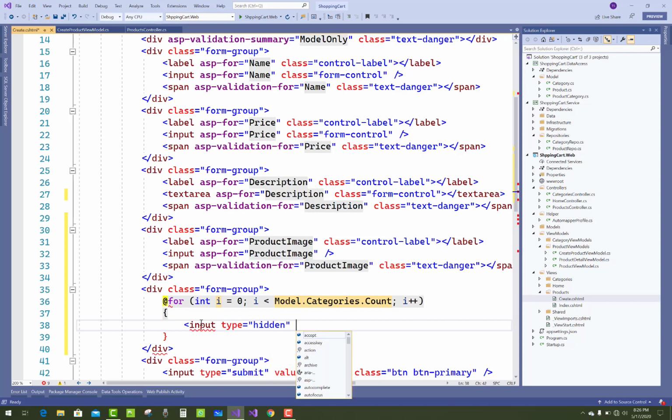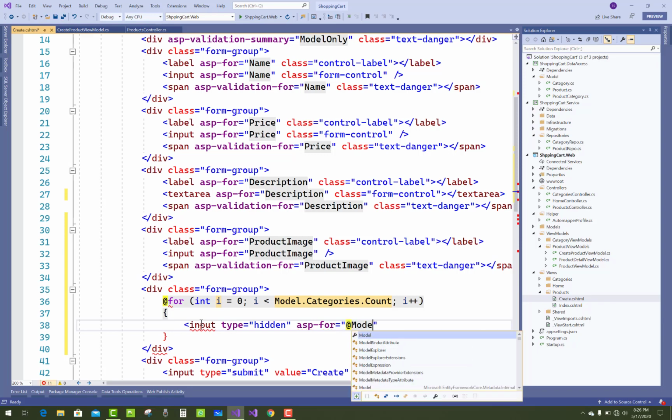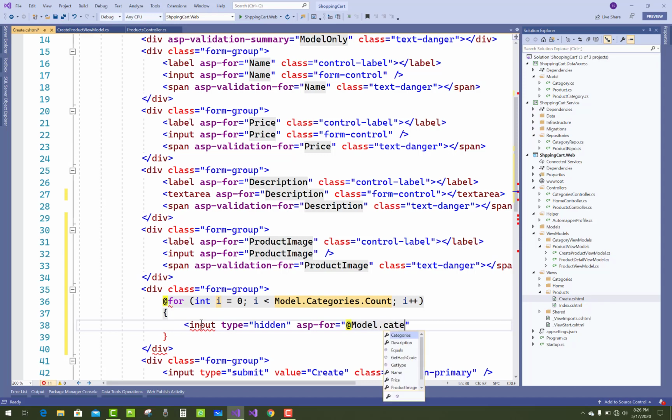You can use input type equals to hidden first of all, because I want to take a value in a post method. The value property of the checkbox list is required to pass in the post method.